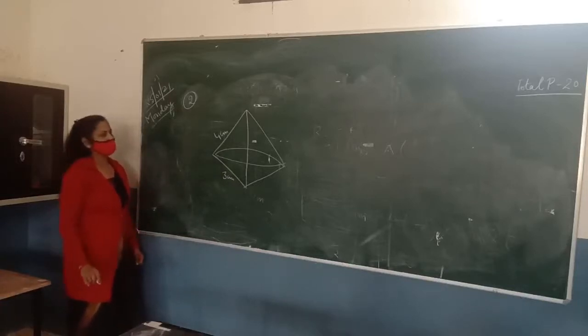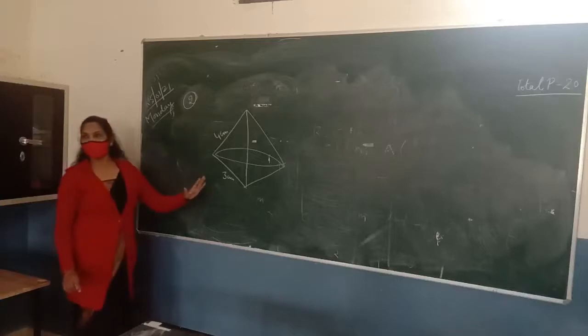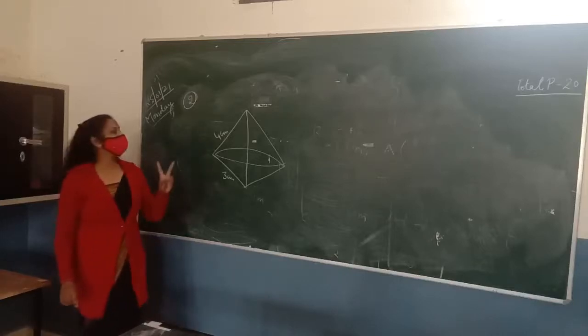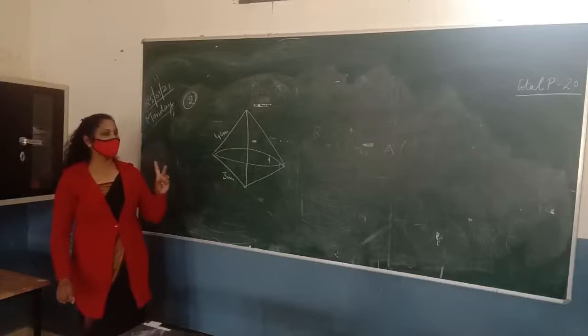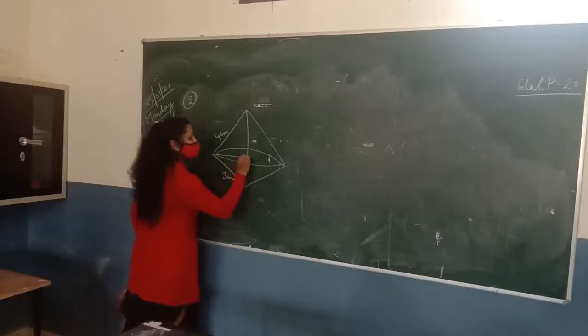...other than the hypotenuse is made to revolve about its hypotenuse. Find the volume and surface area of the double cone so formed. Okay. So Mansi, in this question you have to find the surface area and the volume. For both the values you should know the radius of this figure. Right? So first of all we have to find the radius here.